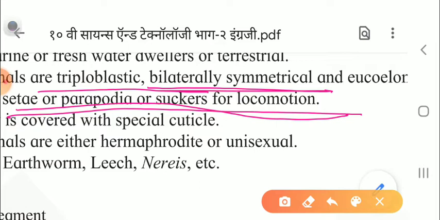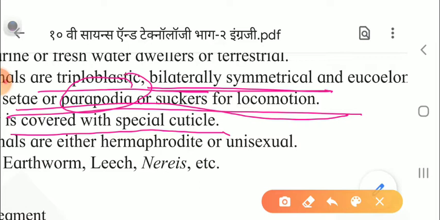Or we can say that it is a flat, fleshy, hollow and vertical flap-like structure or outgrowth which is present on either side. So this way we can define the parapodia. This is an important point. You have to keep in mind in which phylum the organisms have the parapodia. So what will be your answer? Phylum Annelida. Now their body is covered with a special cuticle. Cuticle means outer layer.